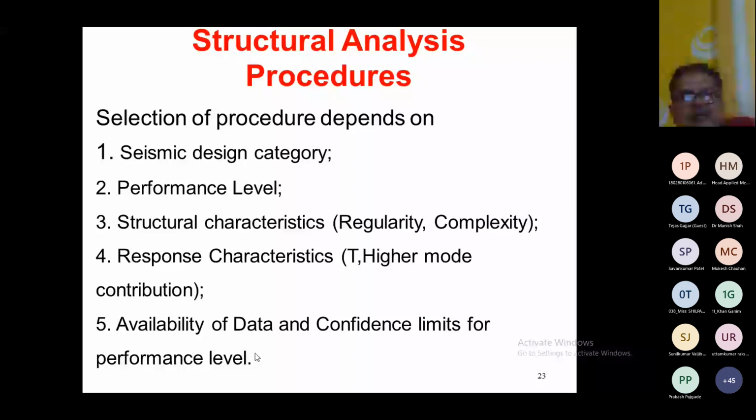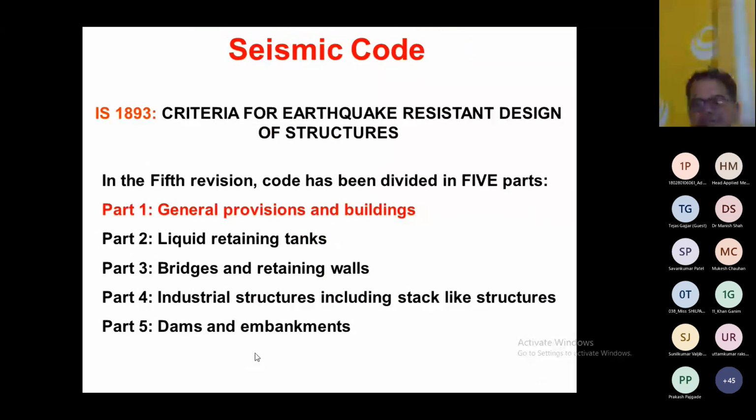The response characteristics: sometimes if you're talking about tall structures, in case of tall structures the higher modes may contribute. In that case also dynamic analysis is preferable. Availability of data and the confidence limits for the performance level, right? So these are some of the factors. So now we come to the main part, that is the seismic code, IS 1893. The IS 1893 gives you the criteria for